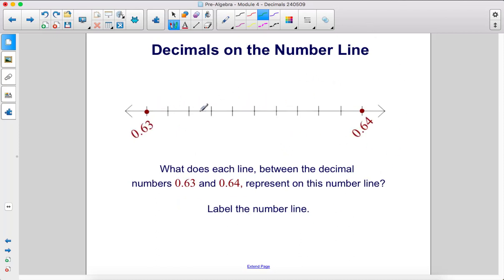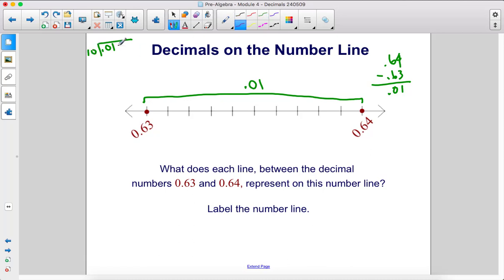What does each line between the decimal numbers 0.63 and 0.64 represent on this number line? All right, we are dividing up a total distance of 0.01, right? So that's the difference. So 0.64 minus 0.63 gives us 0.01. That's the total distance. We want to divide it up into 10 pieces. So 0.01 divided by 10, well, we have to add a 0 here. So we're going to have a 1 here, 0.001. So if we add 0.001 to here, we get